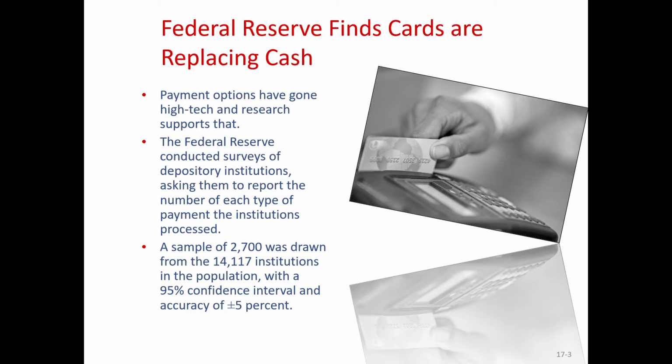With a response rate from 1,500 institutions that responded, they confirmed the earlier analysis that showed that the number of checks paid in the US is declining, while the number of electronic payments is increasing as well. So by identifying